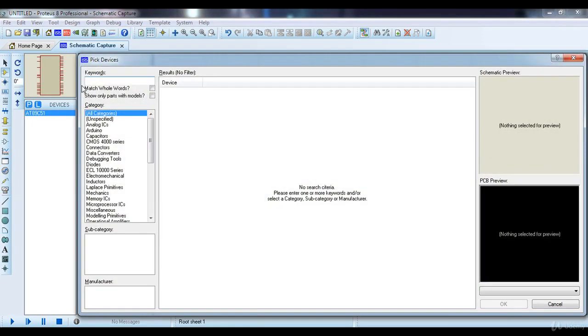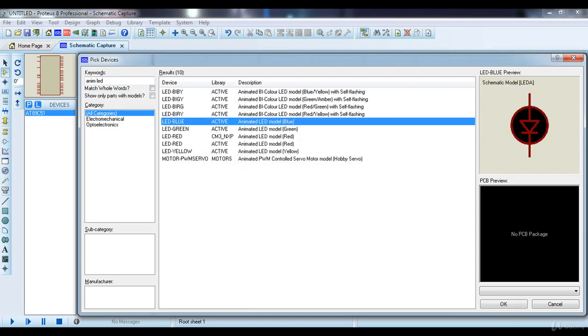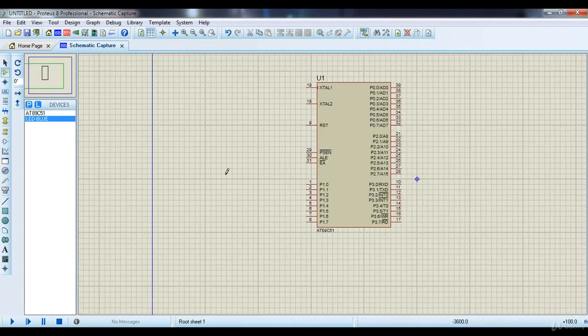So I will take LEDs. Total 8 LEDs you required.